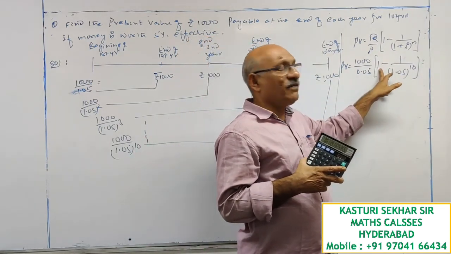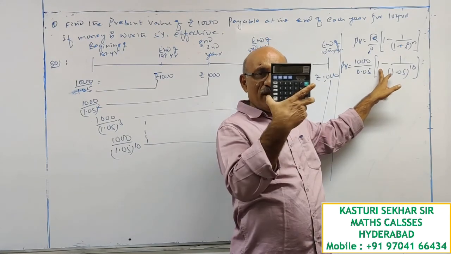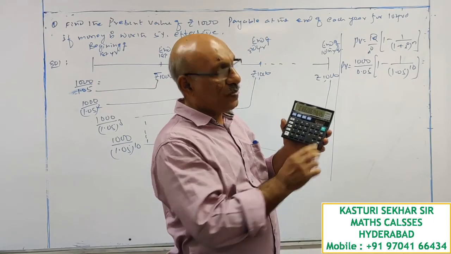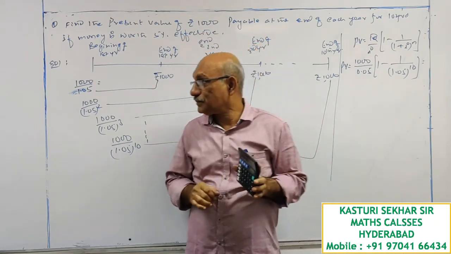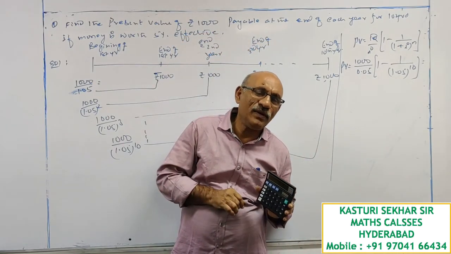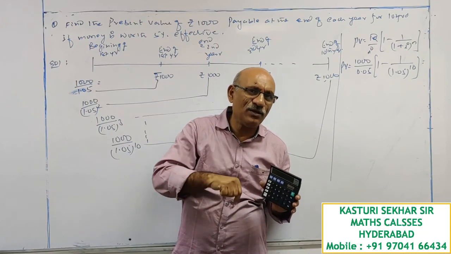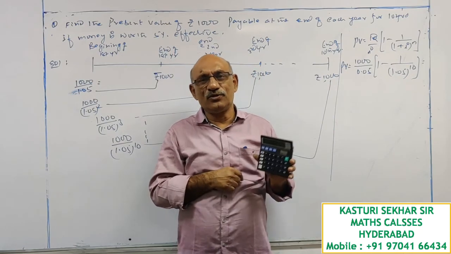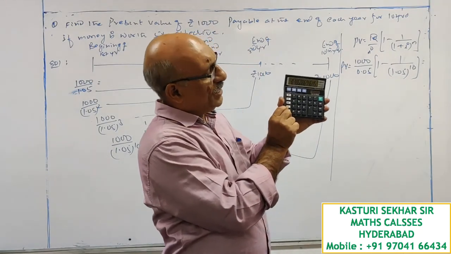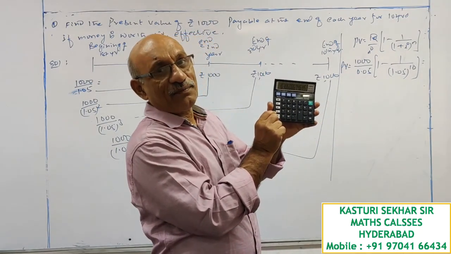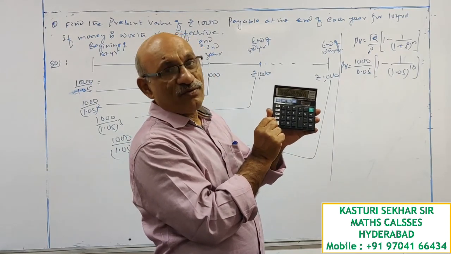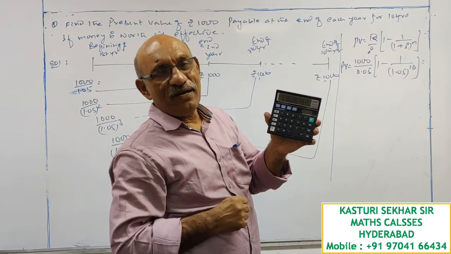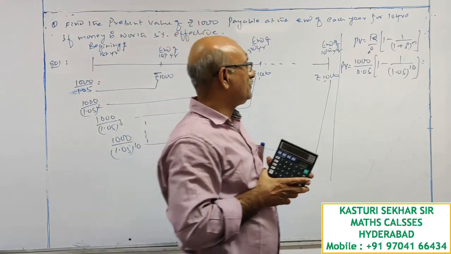This is subtracted from 1, which is not possible for me on calculator. So minus 1 I am doing. I'll get a negative value. In fact, it is a positive value that I know. What will I do here to get that negative value to positive? There is a plus oblique minus button on your calculator. Press this button. This minus sign is eliminated from the screen.